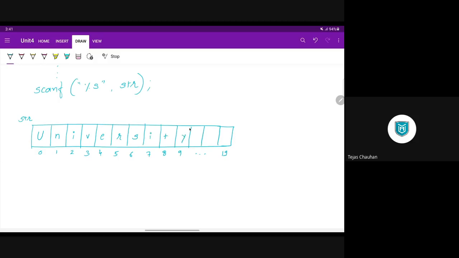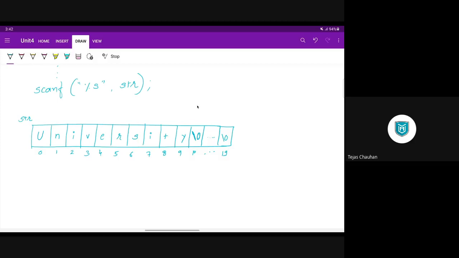And at the end of the string, it is going to store the null character, and all the remaining will be null characters. Fine. So this is how your string is stored inside the memory.